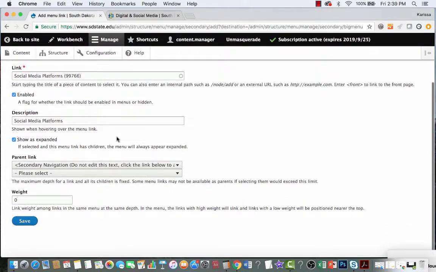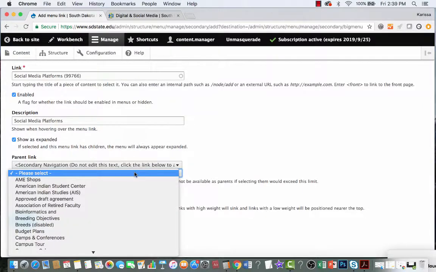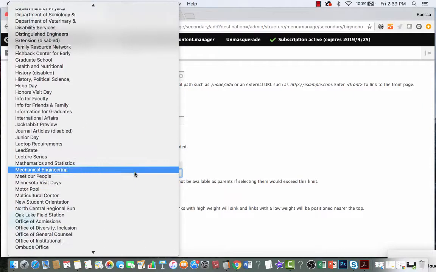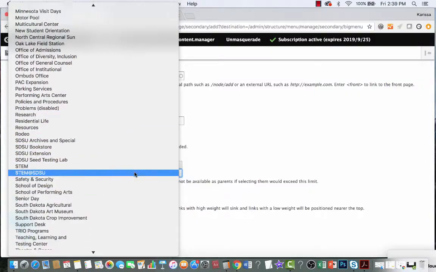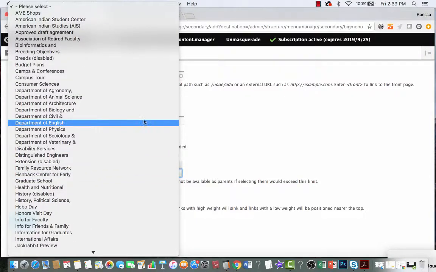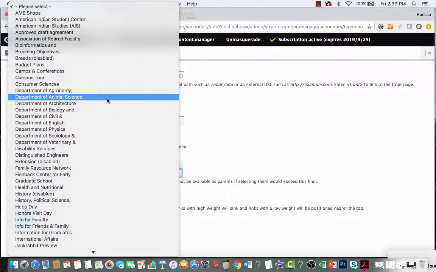And then here's what changed. It's this parent link section. So now when you click into it, you'll notice that you are just seeing the department pages. You're just seeing the landing pages. You're not seeing every single page underneath it. So it's much easier to search. So what you're going to do is just click and hover and then type in